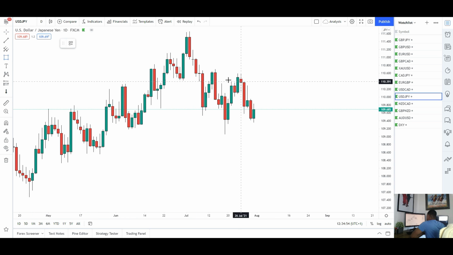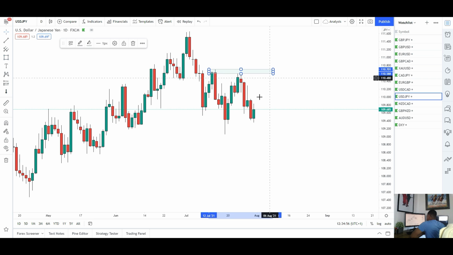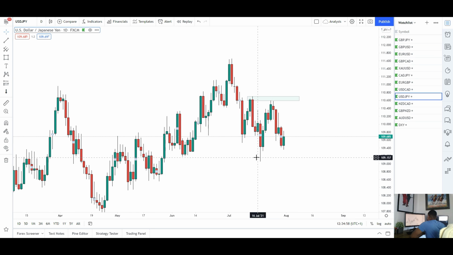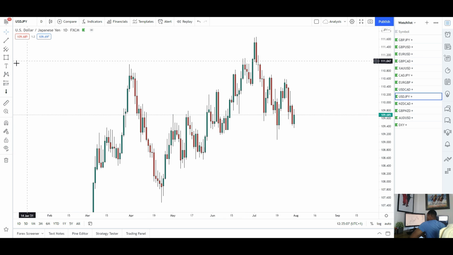I was expecting a move to the upside, however, we did fail to break through this resistance here at that area around the 110,600 mark. Failed to break through that and collapsed to the downside. So right now, USD JPY is looking quite bearish, and I do think if that price action does continue, I'm